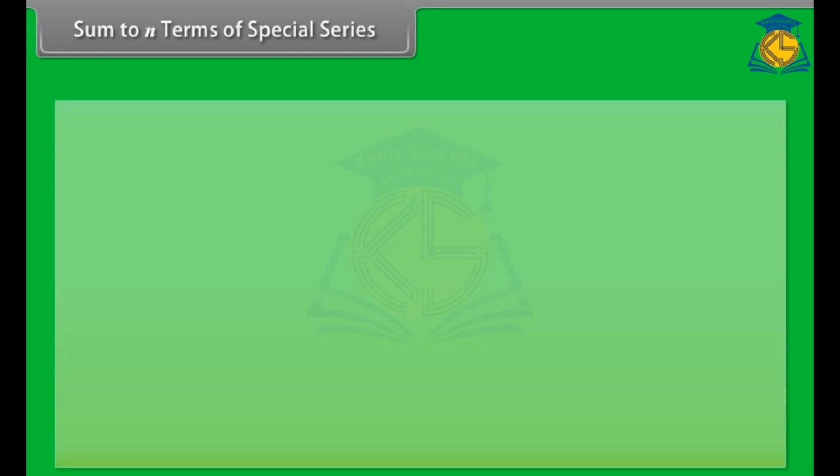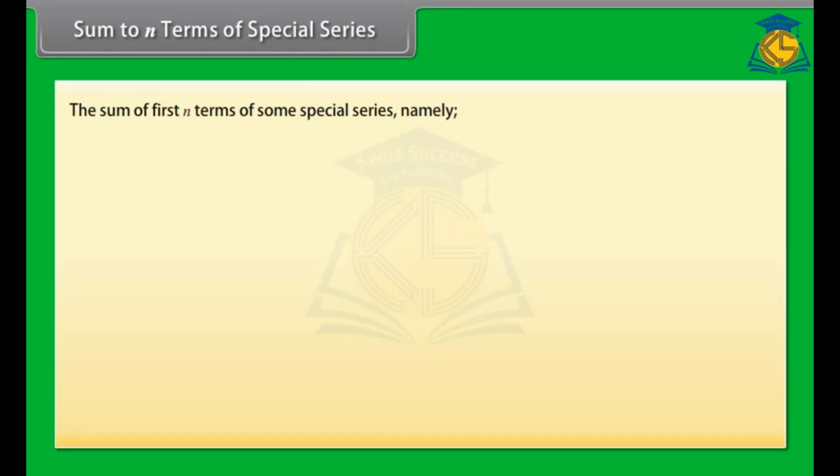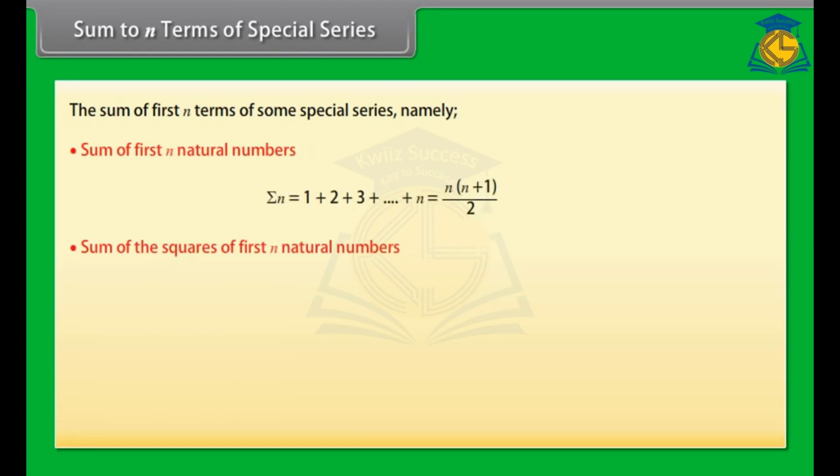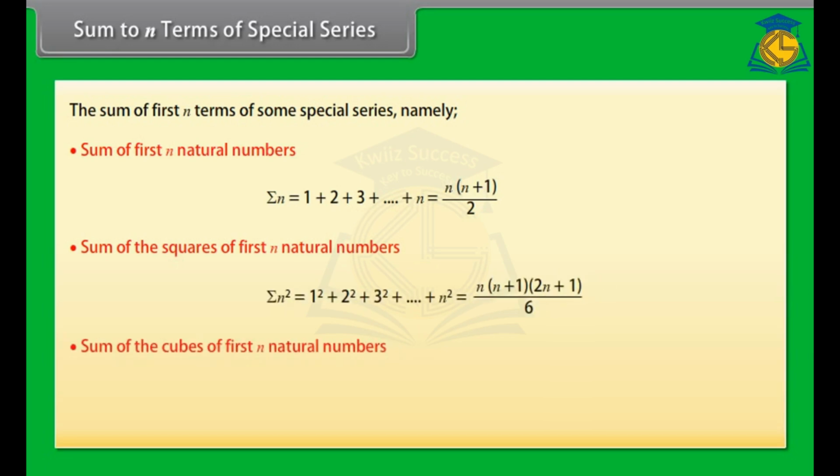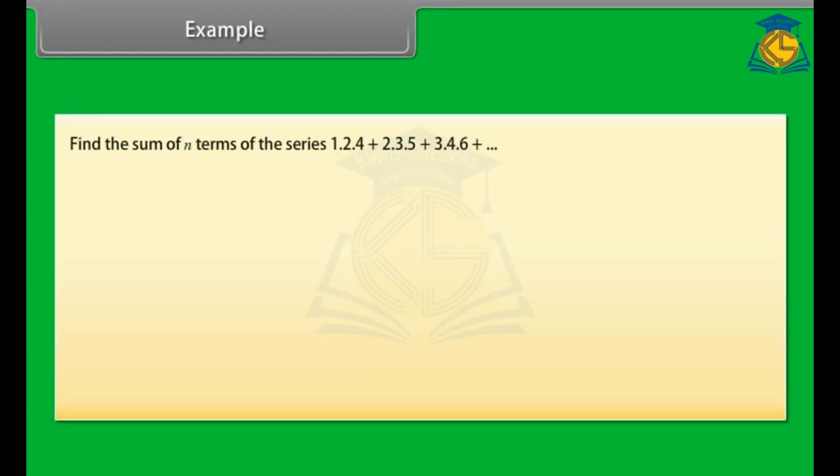Sum to n terms of special series. The sum of first n terms of some special series, namely sum of the first n natural numbers, sum of the squares of the first n natural numbers, sum of the cubes of first n natural numbers. Example: find the sum of n terms of the series. Solution: rth term of the series is equal to